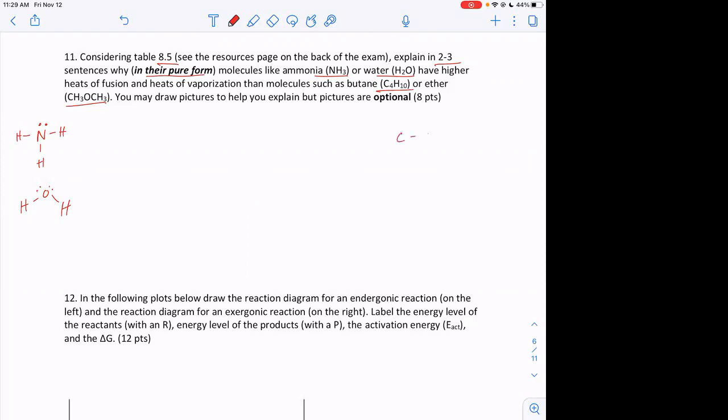Okay, so C4H10, these are all carbon-hydrogen bonds, okay? And so you see in this whole molecule, it's just carbon hydrogen. This is a nonpolar molecule. So this has London dispersion or van der Waals. And these are the weakest kind. So it's therefore going to have a lower heat of vaporization and fusion. And same for